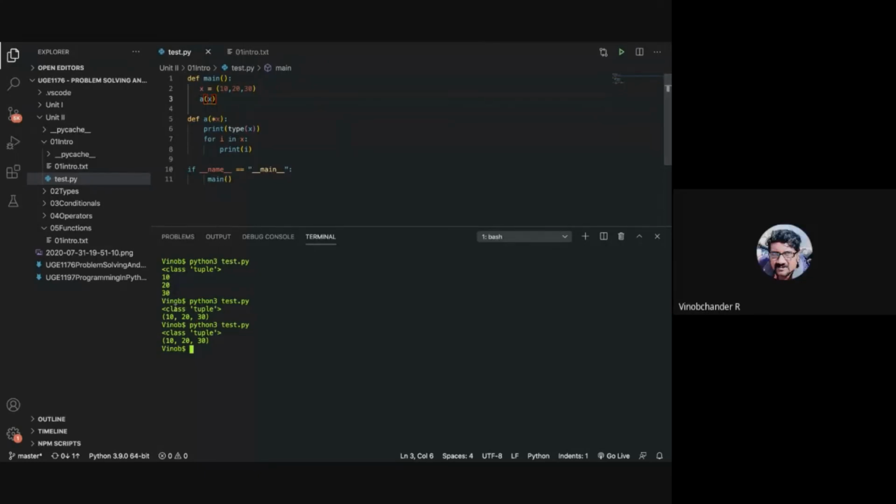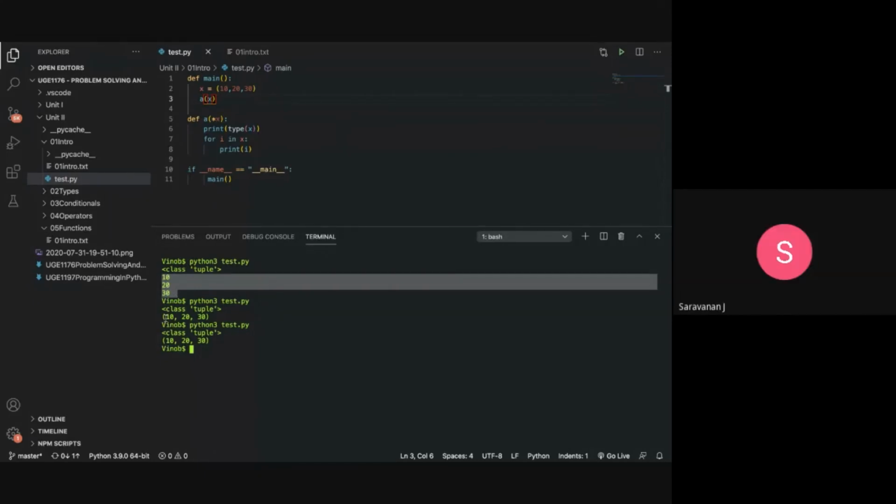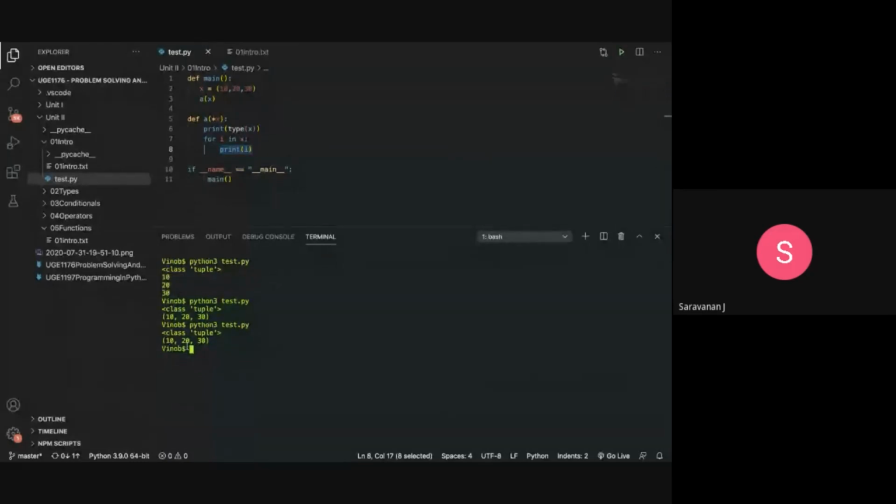But then if you want to print 10, 20, 30, how do you print it without this parenthesis? We have to use a for loop. You have used a for loop, and you are printing I. So take the star in the A definition.